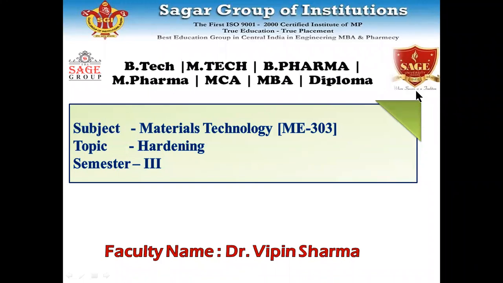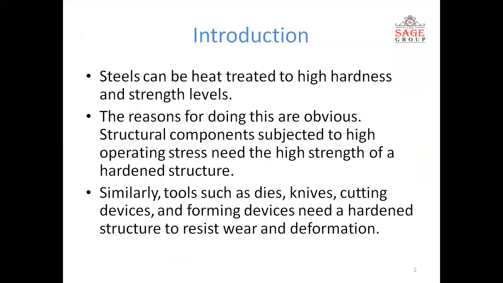Before we discuss what hardening is and how it can be done, let us know about hardness as an important mechanical property. It can be defined as resistance to deformation or indentation. Hardening is achieved in steels by changing the microstructure of steels and converting the carbon into some phases like martensite, which we will discuss later in the video.